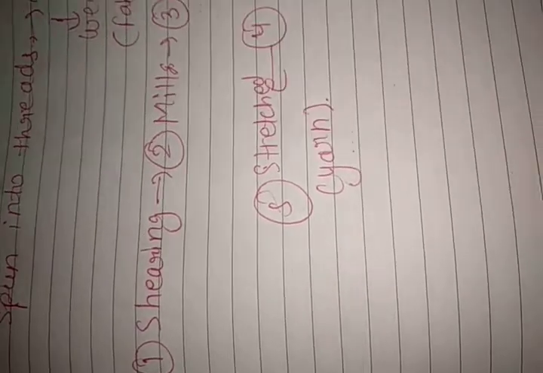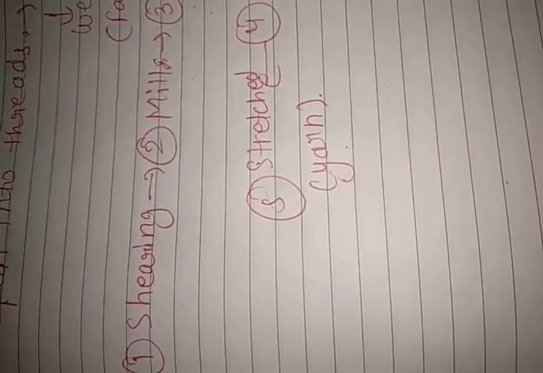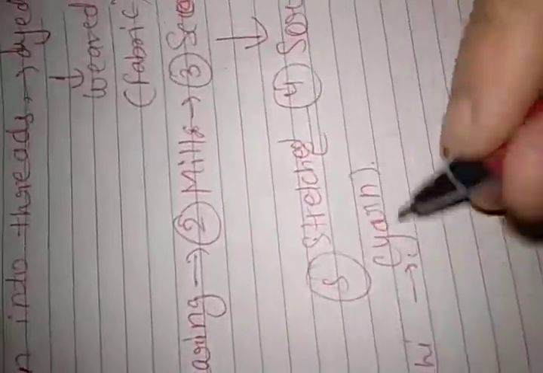Okay, and the fibers of hair are used for making wool. In sorting, what do you do? You remove the fine fiber. That is the process of sorting. Now we will discuss the different breeds of sheep in India. The first one is Lohi, which gives you very good quality wool, which is found in Rajasthan and Gujarat.